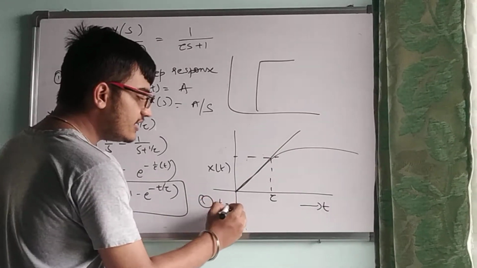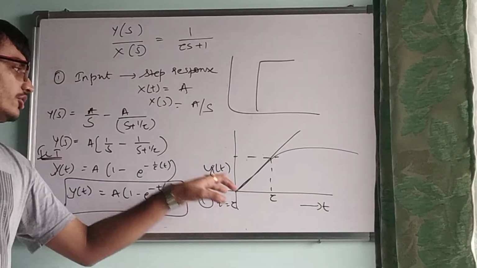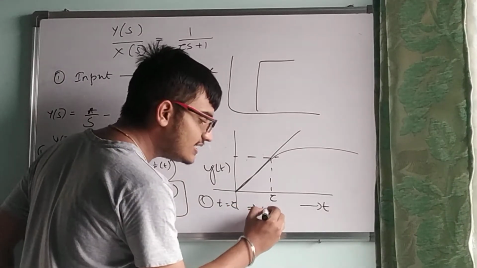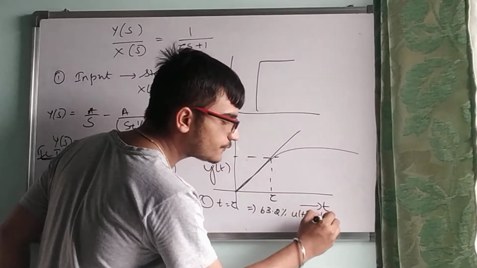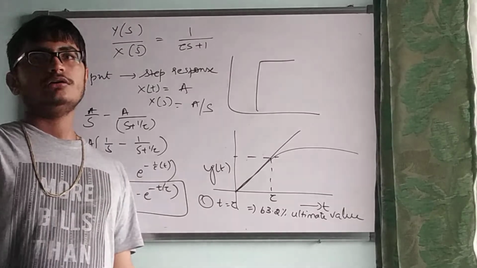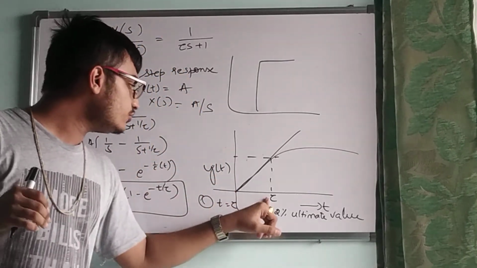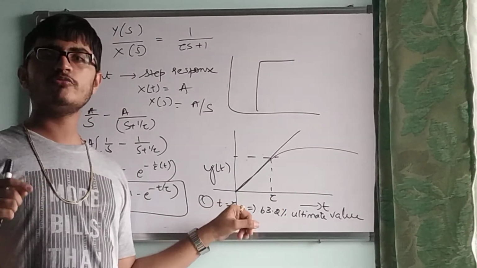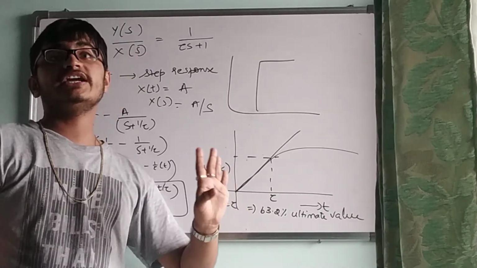First one, at t is equal to tau, your response will read 63.2% of its ultimate value. Your ultimate value is 100. Your boiling point is 100, right, for water. So at t is equal to tau, when that time is equal to tau minutes or tau seconds, then it will read 63.2 degrees Celsius,